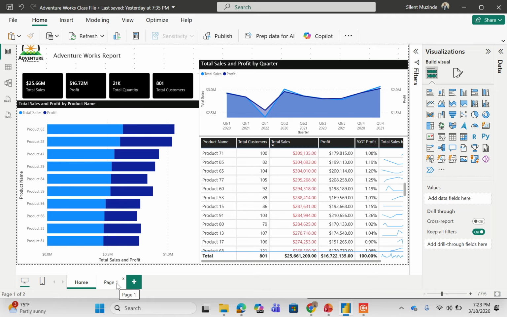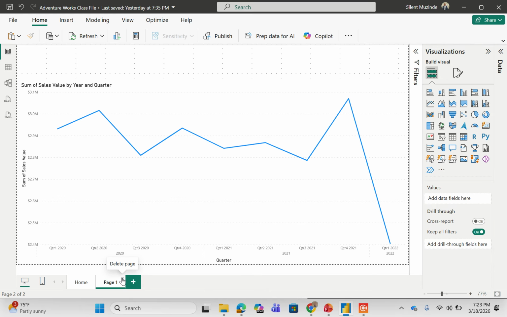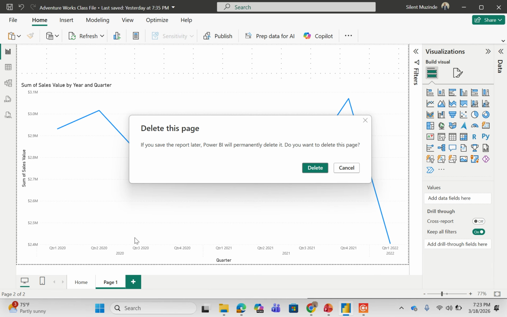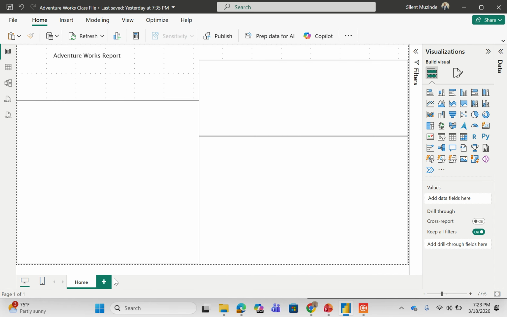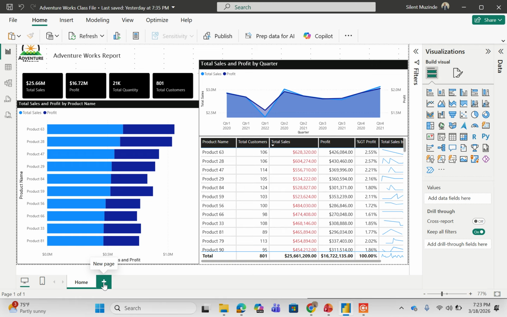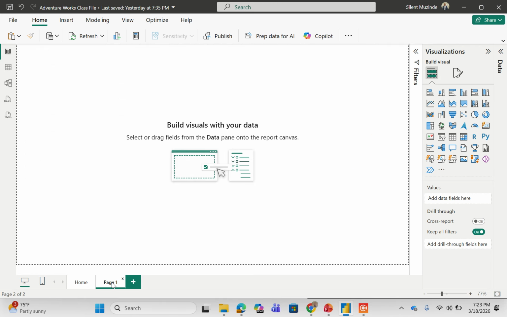So here I'm going to add another page of this. Let me try to move this one. To delete, just go on that X, then you select delete, like what I did. Then to add another page, you just select that plus icon, right? Here I'm going to select